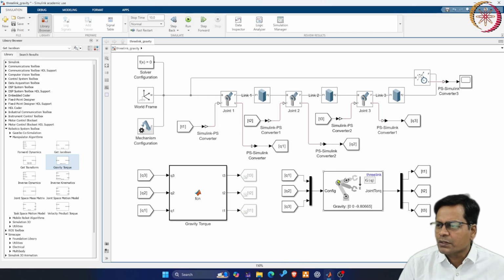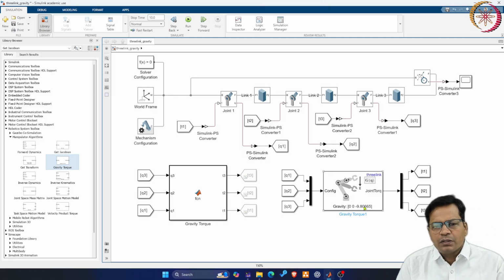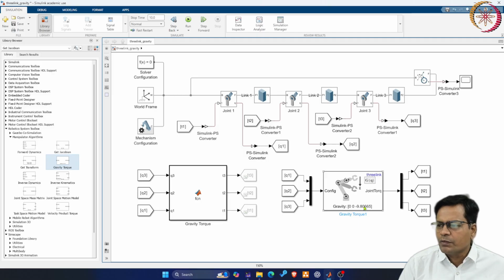I have just shown you. This also includes gravity of 0, 0, minus 9.8065. As per our convention, gravity is directed downward, along the negative z axis of the base frame.